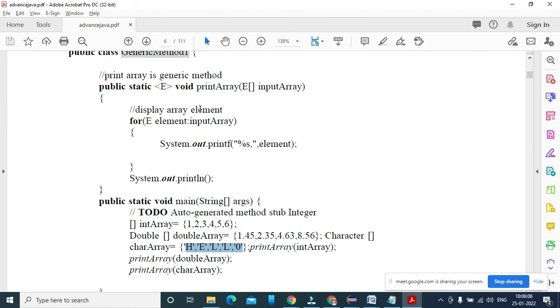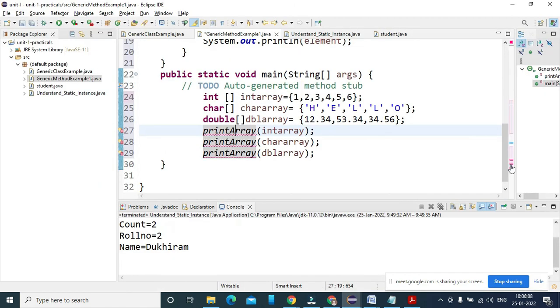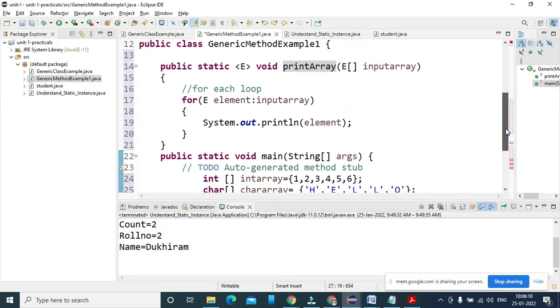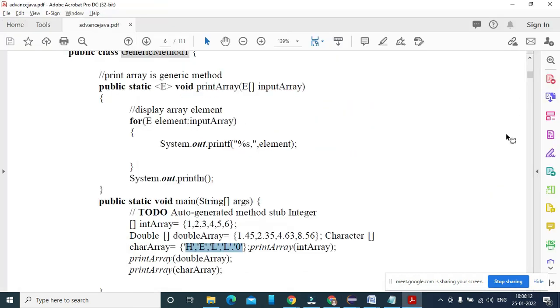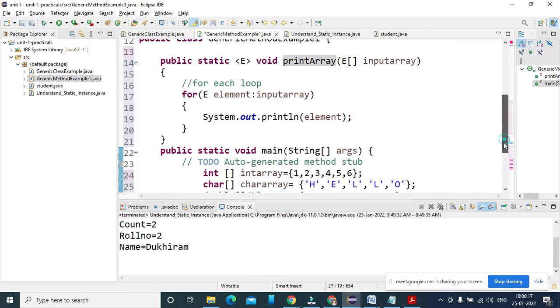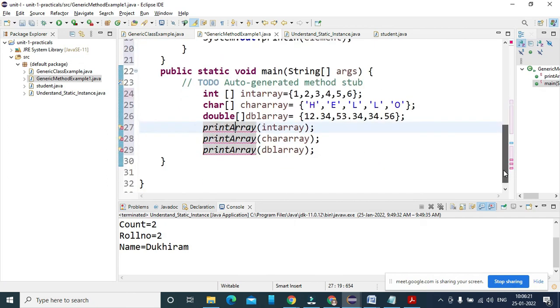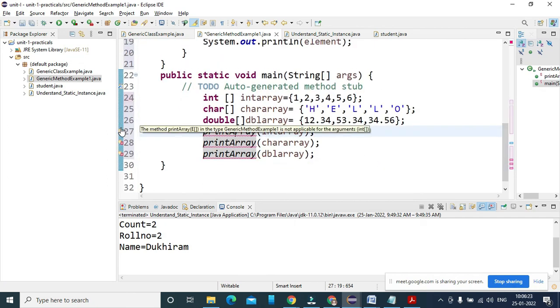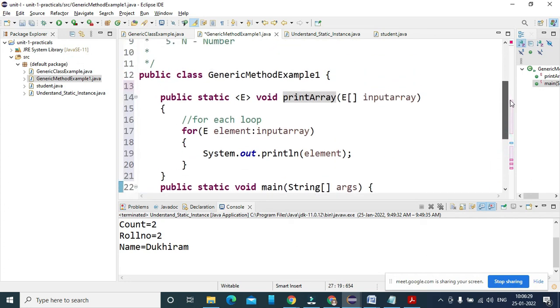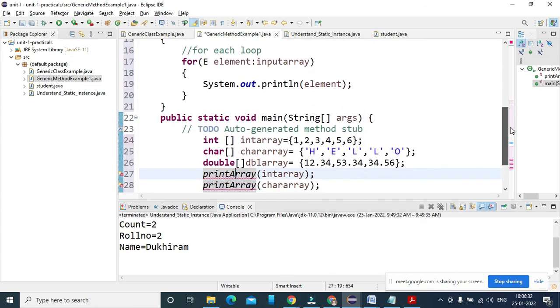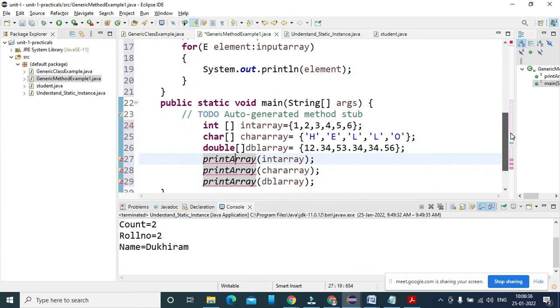Public static is equal, it is public only. Public static element void print array. What happened here? Input array. Why is it showing not applicable for the argument int array? What is wrong with the int array?